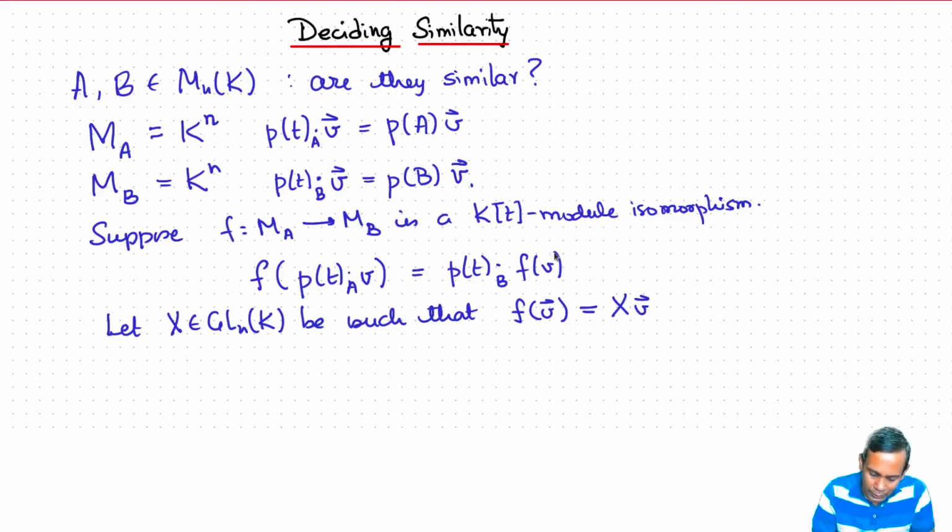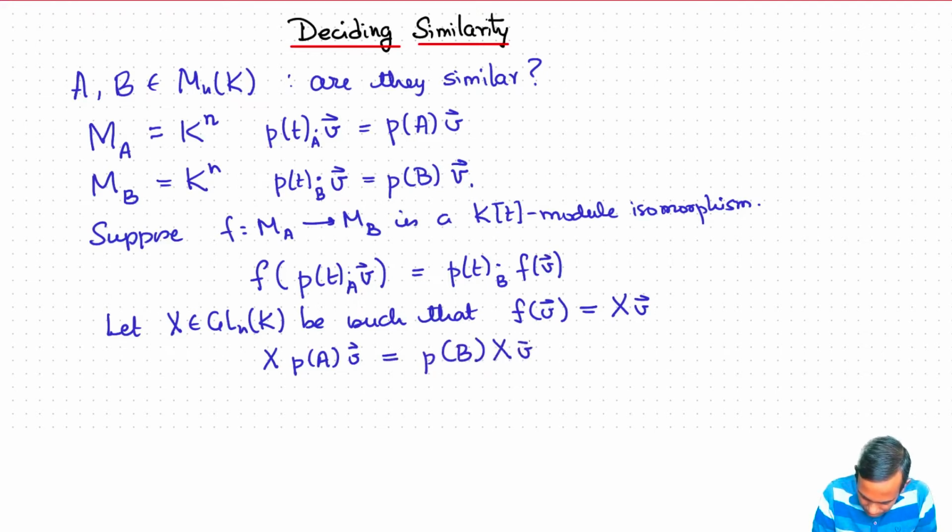So then this equation becomes X P(A) v equals P(B) X v, or we can rewrite this as X P(A) X inverse